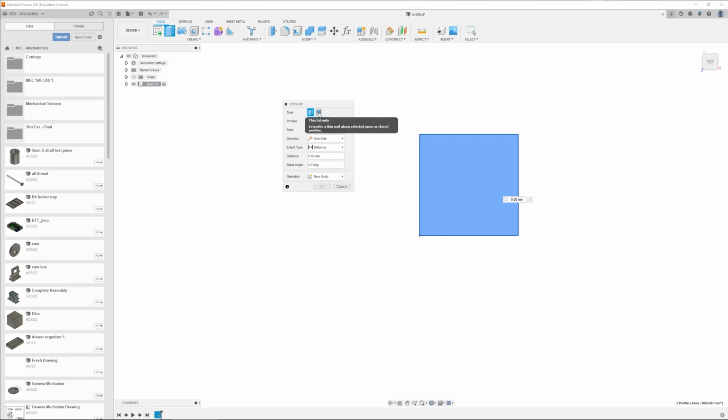We have two up at the top. We have a regular extrude, and then we have a thin extrude. A regular extrude will create a solid body, and a thin extrude will create effectively a hollow body. So if we, as an example here, if we go to our regular extrusion and we have, we say